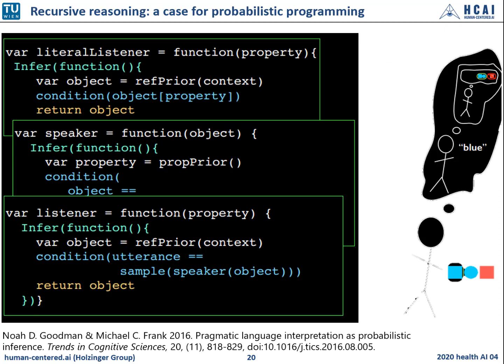So here the same people, Noah Goodman and Frank, work on probabilistic models. We will see later that probabilistic models, and particularly probabilistic programming, can help exactly with this question. This is a good example for probabilistic programming, when we recursively embed such a model in the speaker model. And then they are going to guess what the output statement might be.